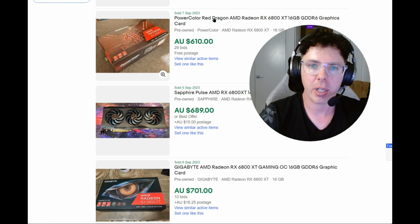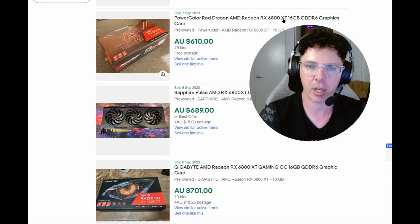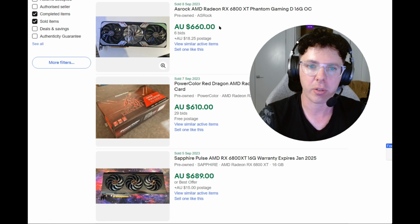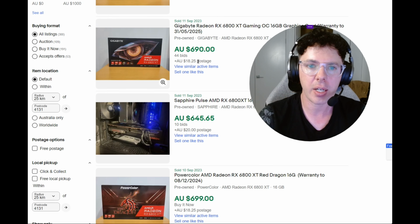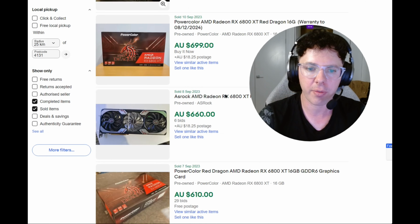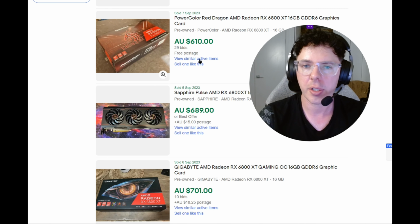We've got a PowerColor Red Dragon 6800 XT. This is a 16 gigabyte card, which sold for just $610. Someone got a really good deal on a 6800 XT there. And having a look around, we've got $689, $660, $700, $650, $690. So between $690, $650 and getting as low as $610, you can get a